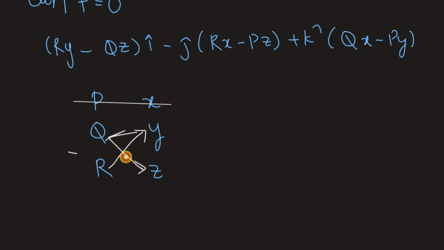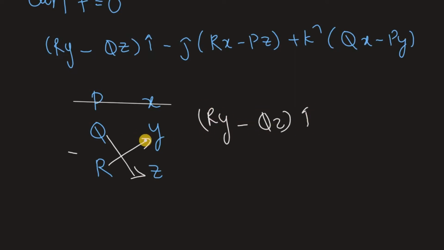Oops, sorry, I made a mistake. Okay, so in the determinant you go in this direction, right? But here you're going in the opposite direction, in the RY direction first, the bottom to top and then top to bottom. Okay, so RY minus QZ for the I hat,